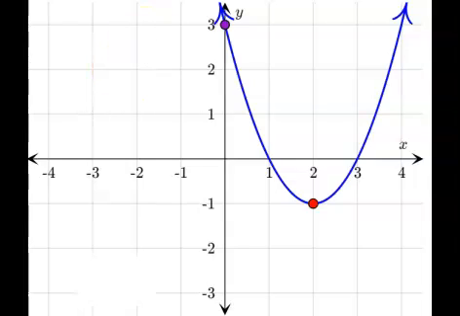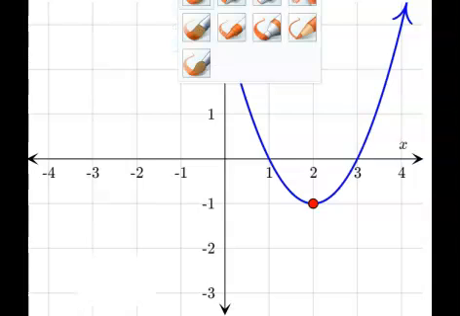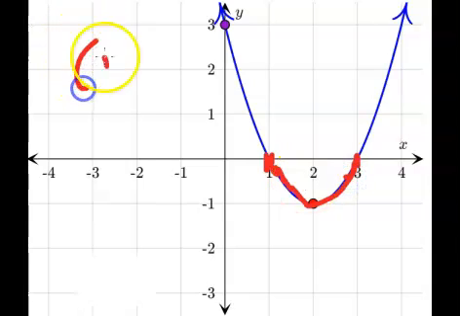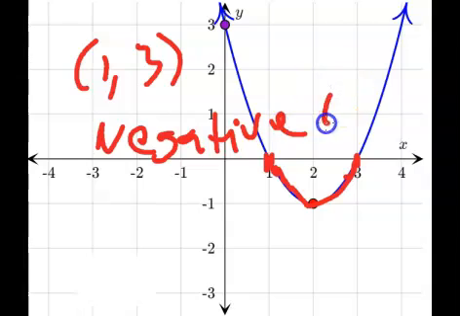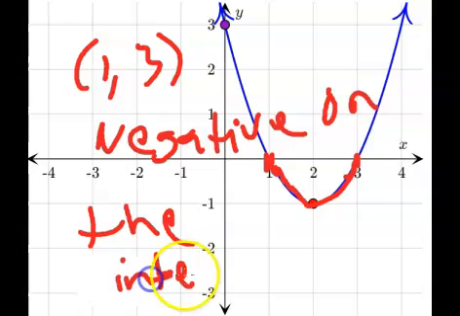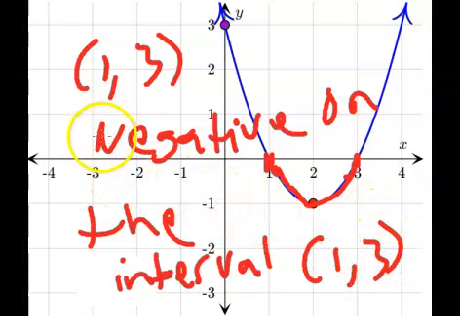All right, so if you answered the question, you should have got that the interval that was negative was positive 1 to 3, because that's the interval with the graph below the axis. So the interval is positive 1 to 3 with soft brackets. So negative on the interval (1, 3). I want to make sure I wrote it out because you might see it again on the